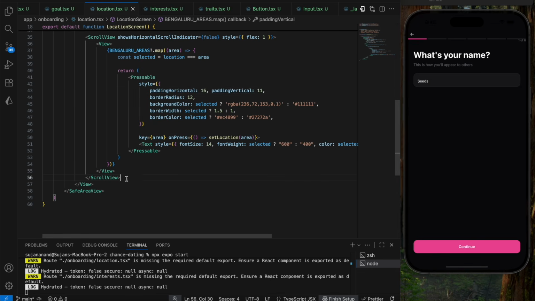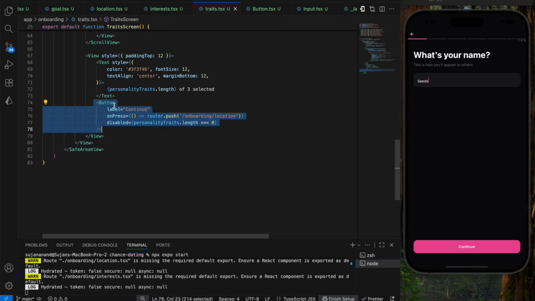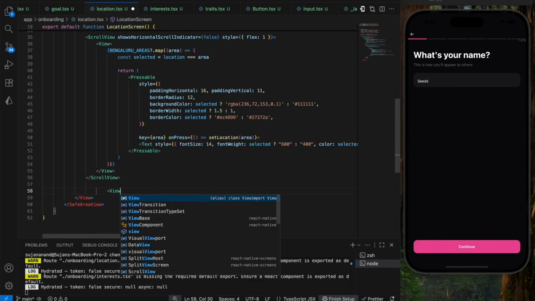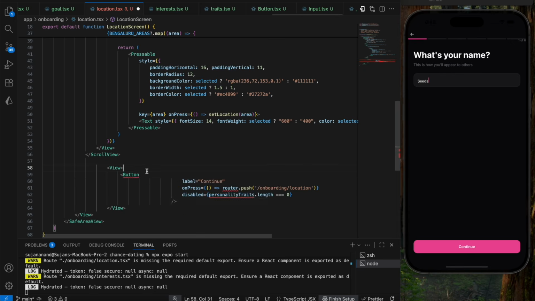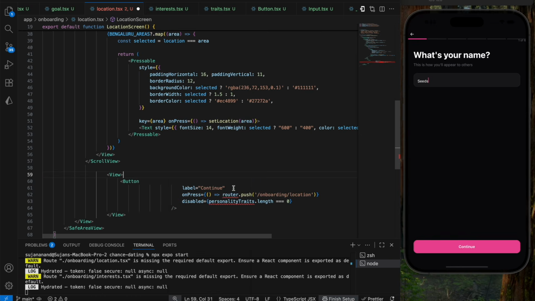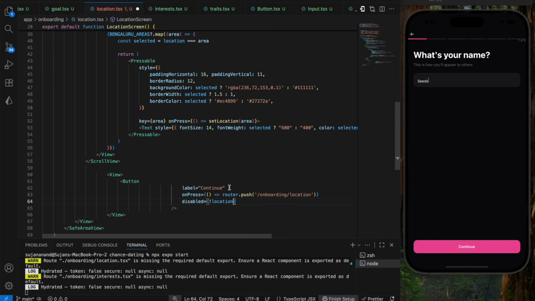And below the scroll view, we're going to have that button design. Copy that down. So here I'm going to say view, add the button, import button from React Native, not React Native. Control Z, it should be coming from the components. Yeah, that's the one. Format once, import router as well. And disabled is going to be not of location. Format